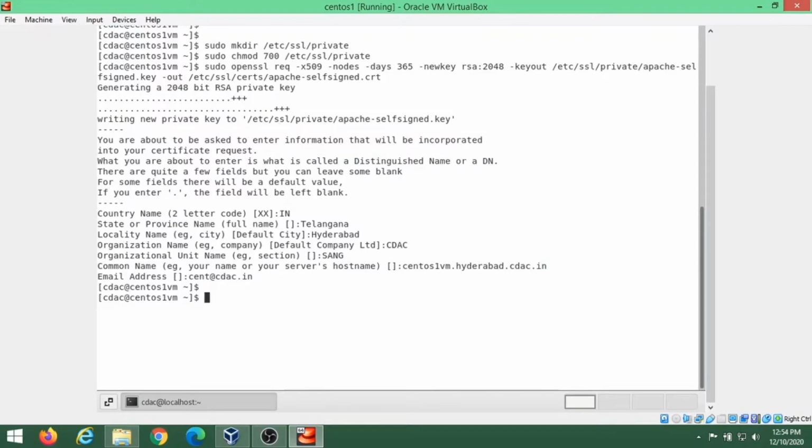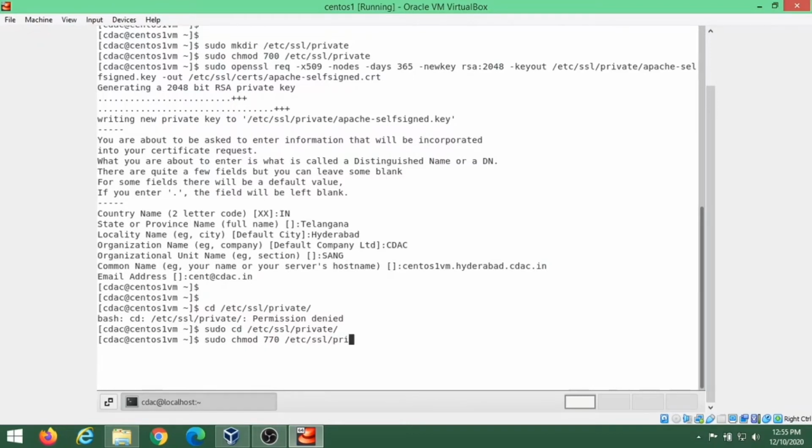While we are using OpenSSL, we should also check this file. We will use sudo privilege. We don't have access to this file, so we will give it permission through chmod and the path of the file.